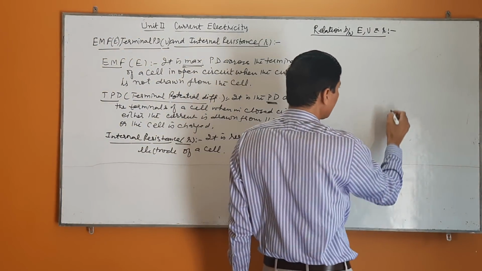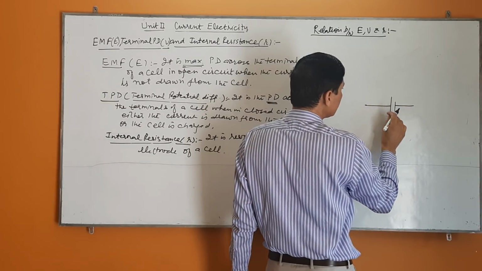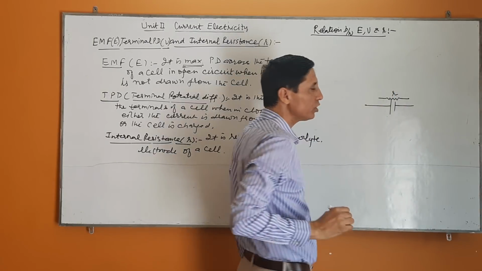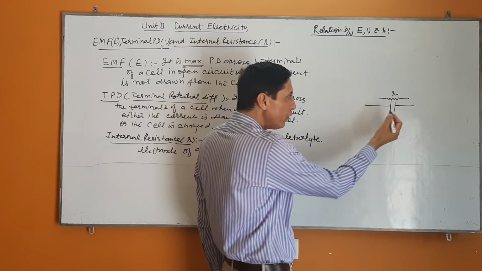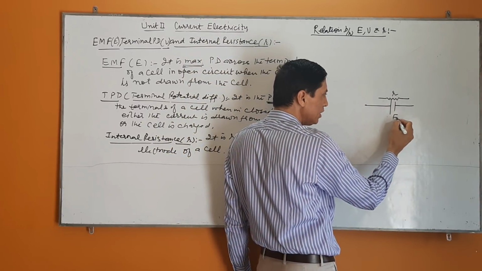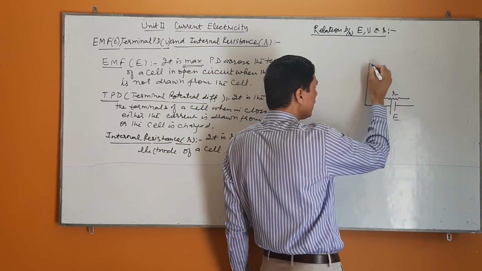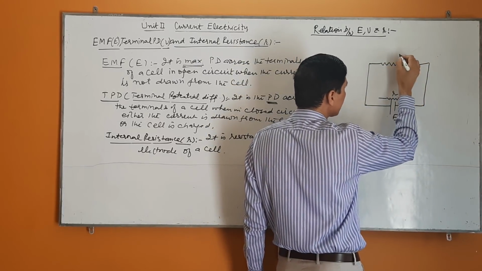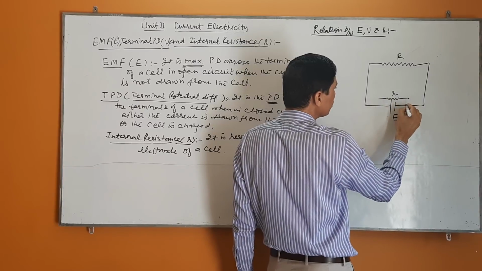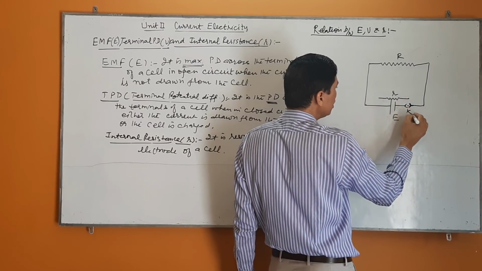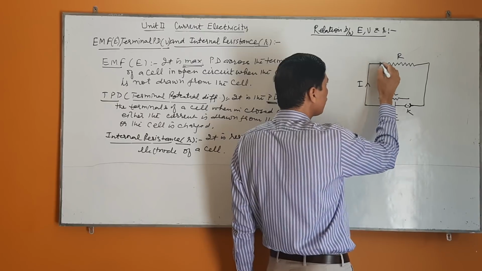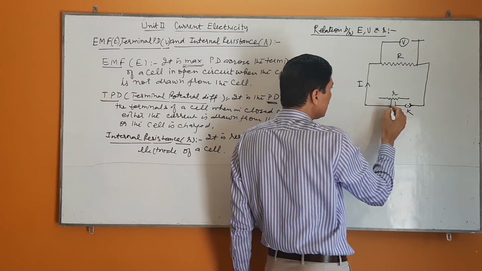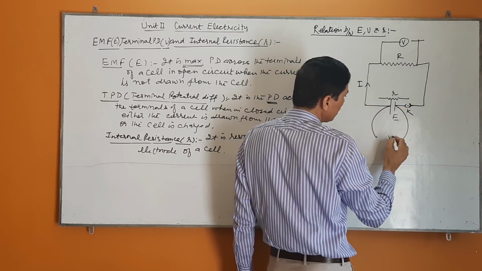Let us consider a circuit. Suppose we have a circuit. There are two ways to represent this internal resistance. One is to just put this resistance over a cell, or very near to it. This is E, and now we have an external resistance connected in the circuit. Suppose there is a key K, and when this key is closed, then current I will flow through this, and this is potential difference V, and obviously this potential difference is also V.